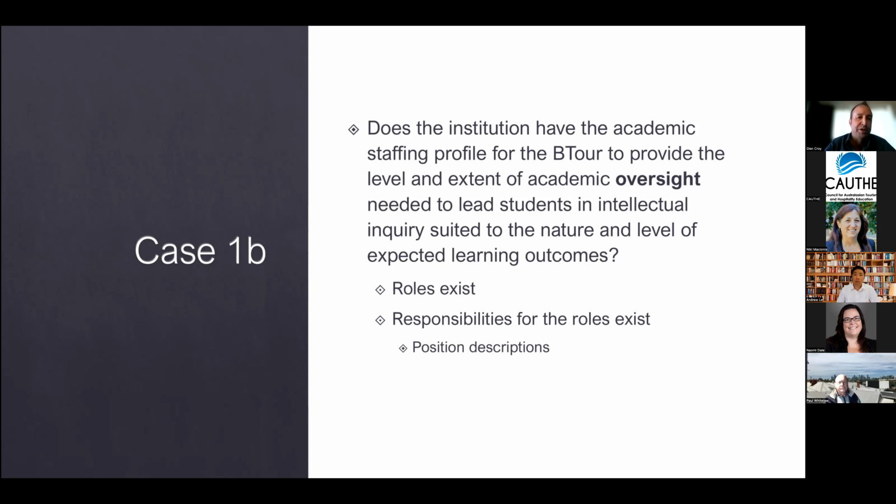So it's always good, I think, that when you are asked to take on such a role, you have very clear guidelines as to what the responsibilities are and what the scope of that role is. And then for accreditation processes, generally these position descriptions are going to be submitted with the course leadership structure or course oversight structure. There'd also be those position descriptions for those roles of responsibility within that framework. Right. Were there any other points that anyone had in regards to academic oversight?